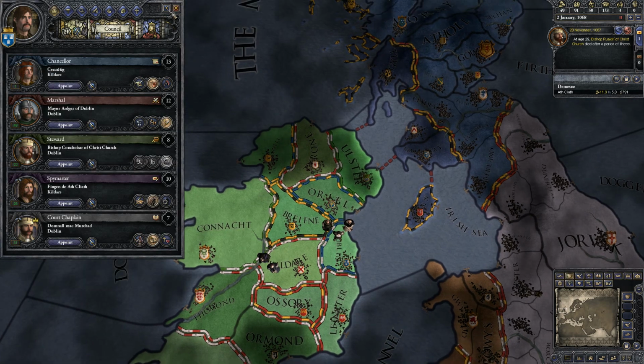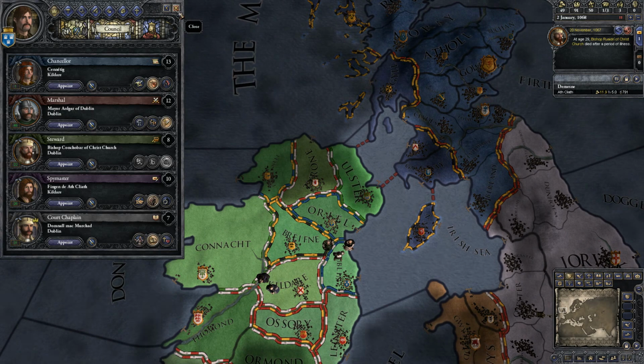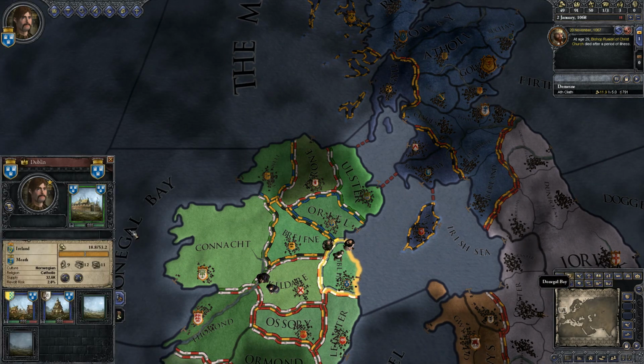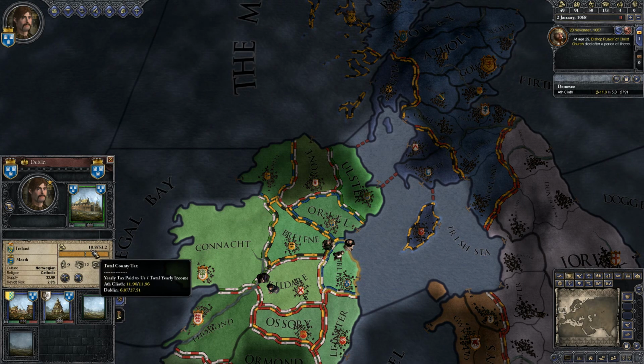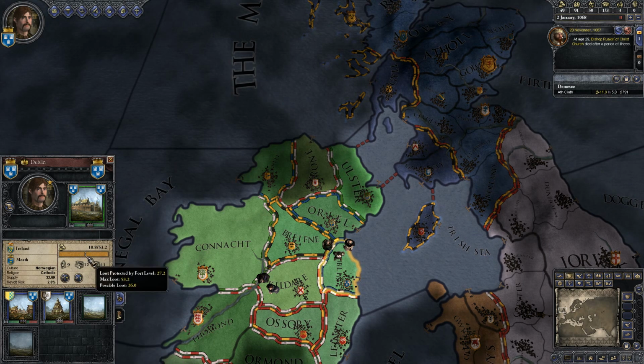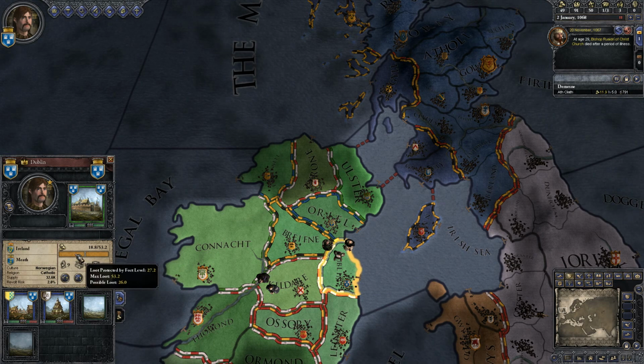I'm going to leave the game on pause now, just so we can avoid having pop-ups continue to interrupt me and finish talking about this county screen. So I'd explained the county tax. This little bar down here